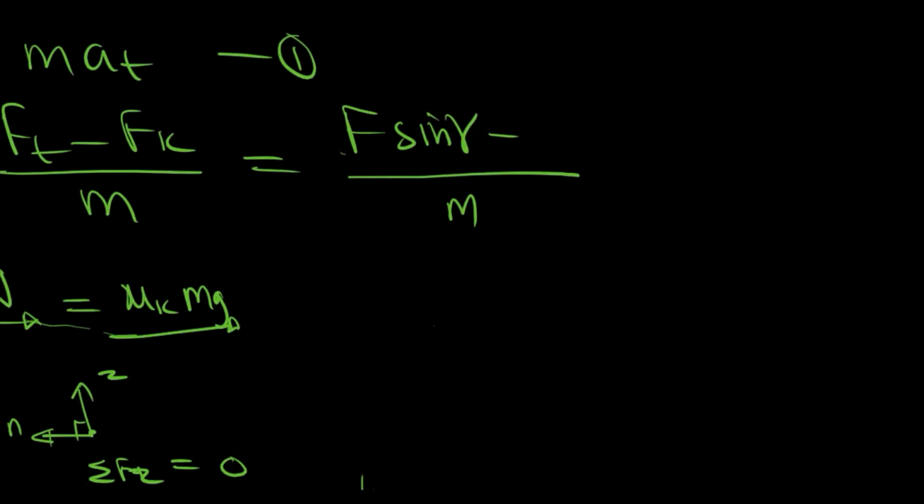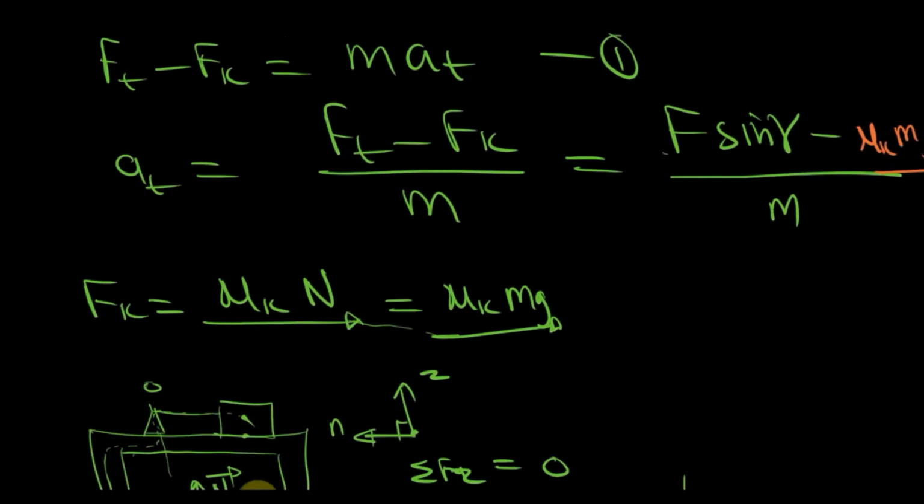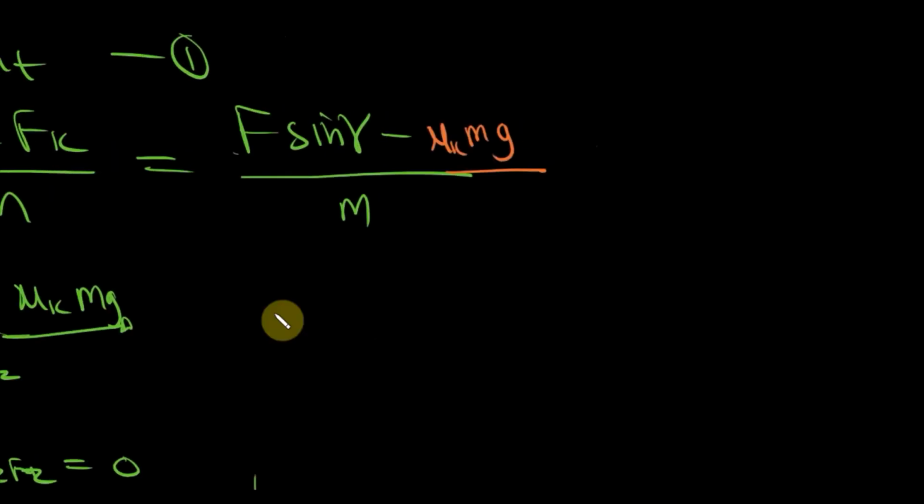So F sine gamma minus mu k mg. This will give us our AT, our tangential acceleration value. So let's quickly evaluate that. AT is equivalent to, say,